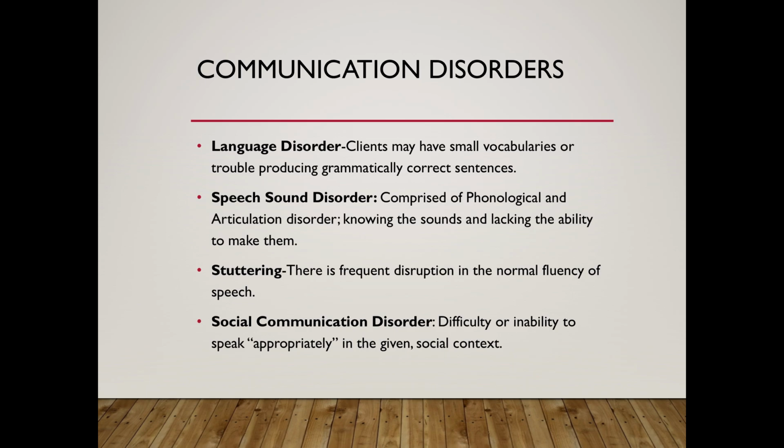Language disorder occurs when a child does not have the vocabulary or the ability to speak that we would expect them to have for their age. So compared to their same age peers, they do not communicate as well. They do not have as robust a vocabulary or the ability to form correct sentences. And again, this would scale up with age. We're not expecting a 5-year-old to have perfect language skills, but we would expect them to communicate better than a